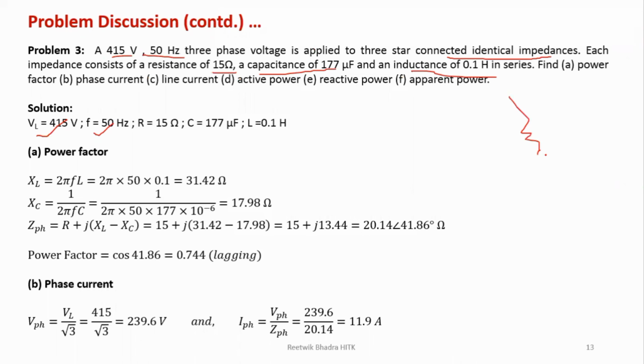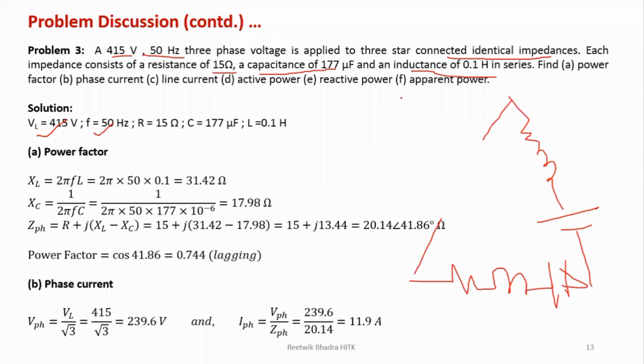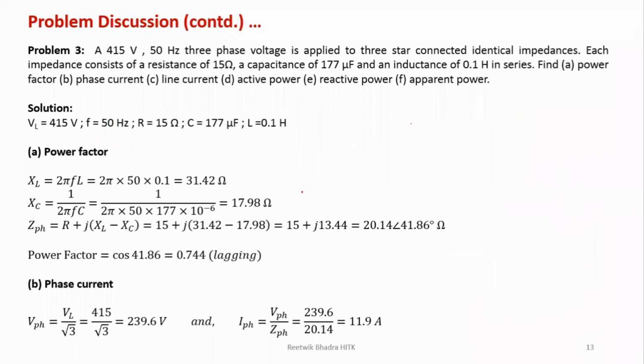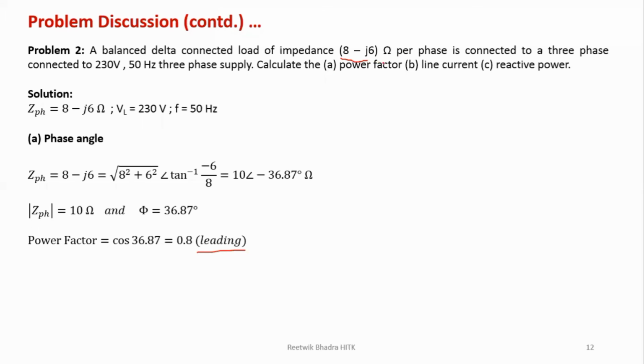So each branch has like this, RLC, like this. The third branch goes over here. I'm not drawing it over. I will start. Oh, sorry, I have done delta, means it will be in star. All three branches have resistance, inductance as well as capacitance. So first thing first, what you have to do, you have to convert it into ohms. If inductance value is in Henry and capacitance value is in microfarad, first step will always be converting it into ohms.